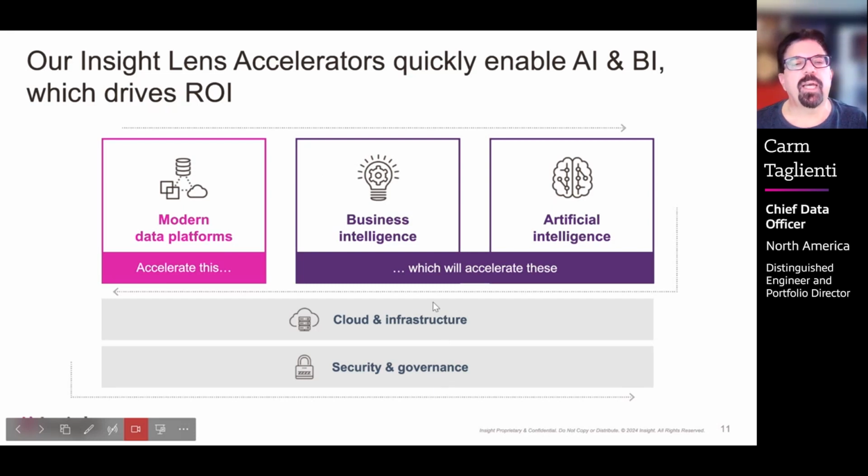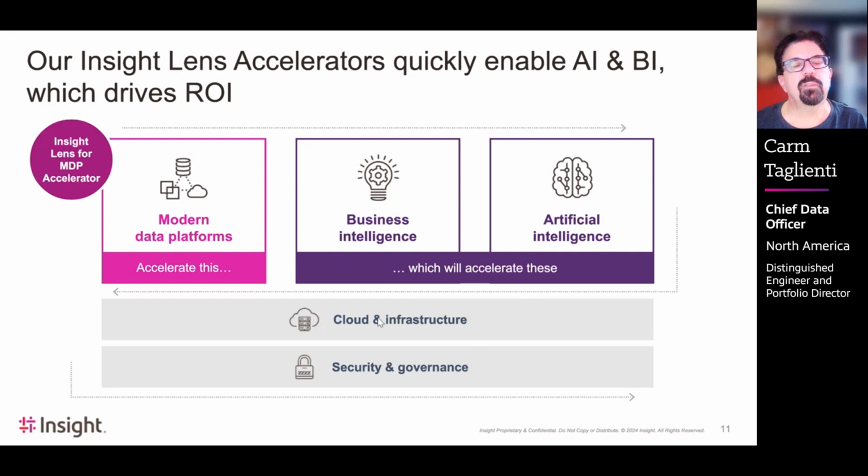If we look at some of the key characteristics of this, the modern data platform is key, as I mentioned, but we want to drive what the real business outcome would be through business intelligence and artificial intelligence capabilities. It runs on cloud infrastructure, of course, the Microsoft platform. We're using the Microsoft product suite, things like Fabric, which allow us to manage our environment. And then we're going to use Gen AI, for example, or Power BI to do the business intelligence. So we're wrapping accelerators around this to do this quickly.